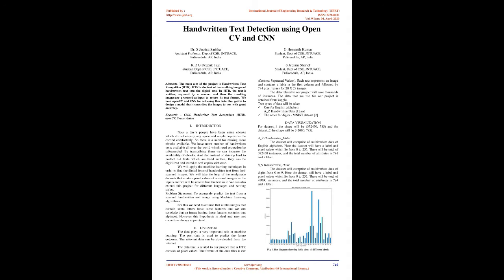Introduction. Nowadays people have been using ebooks which do not occupy any space and ample copies can be carried comfortably. So there is a need for making more ebooks available. We have more handwritten texts available all over the world which need to be safeguarded. By transcribing them we can increase the availability of ebooks. And also, instead of striving hard to protect old handwritten texts, they can be digitalized and stored as